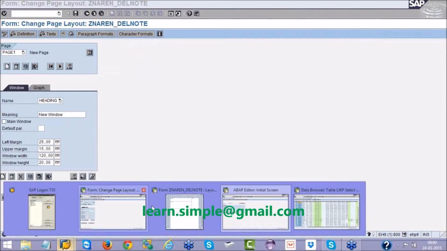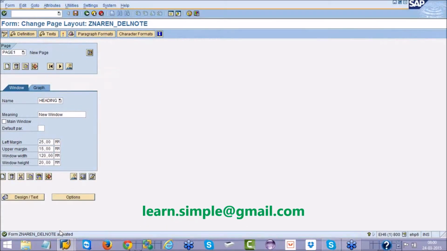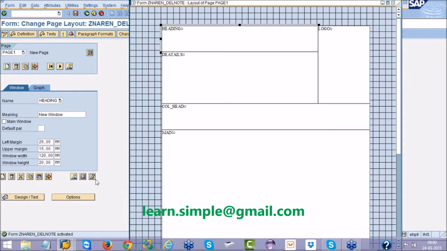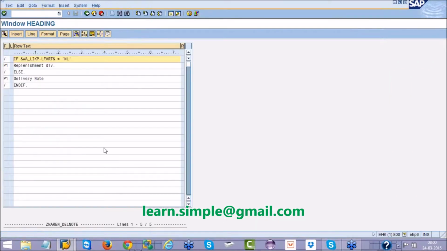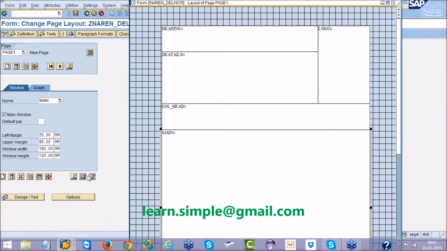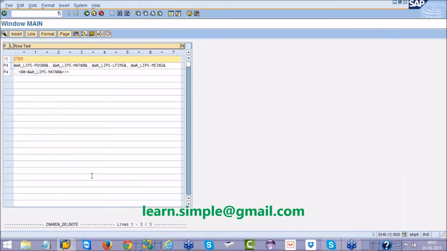There are some other things in a main window. Generally in a main window there are some options. I'll open the main window. There are some commands which you can use in a main window. The commands are something like top and endtop, bottom and endbottom. These are a few command lines.